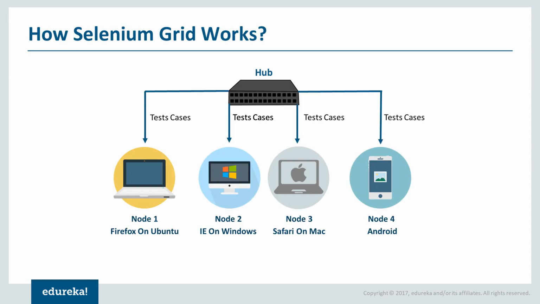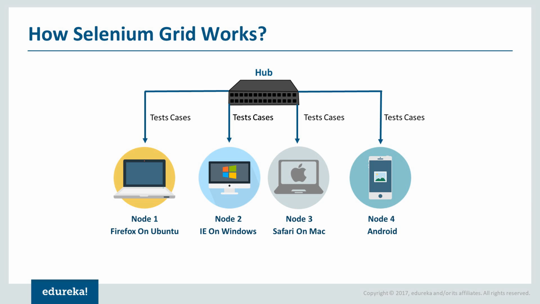And how does your Selenium Grid work? So you'll have this hub, as I told you. This hub will have multiple nodes connected, right? For example, you can say there is a Firefox, or you're operating on Firefox using your Ubuntu server. On Windows, you're running it on IE. On your Mac, you're running it on Safari. And on your Note 4 or some other machine like your Android, you're going to launch any browser and work, right? Or you can work with two different browsers on the same platform.